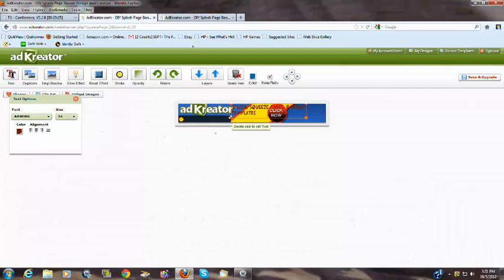What you do is drag the cross over until it turns to two arrows, and then hold down your left mouse button and drag that. I'm dragging it inwards to the right because I want this